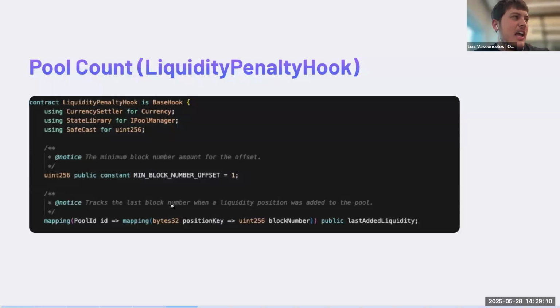Here I have one mapping from the pool ID to the other mapping that is position key to block number. Imagine you don't have this mapping from pool ID to this other mapping, and if you don't have that, you could have two pools using the same hook, and then this last added liquidity could change because, let's say, from the perspective